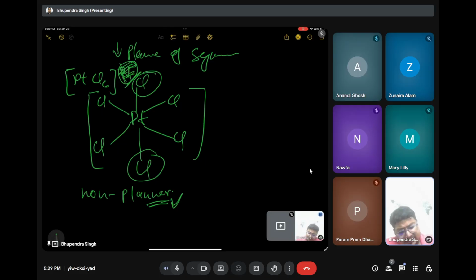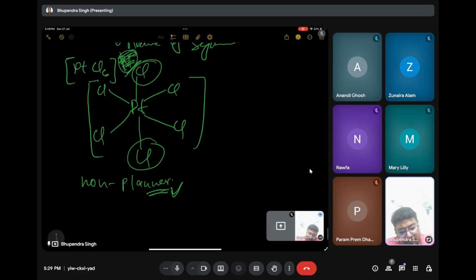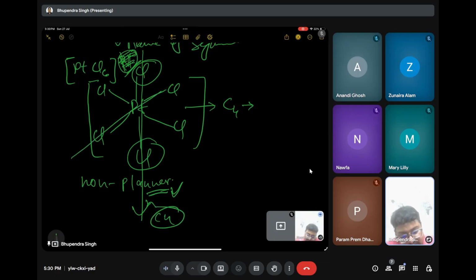Okay, let's discuss this molecule also. What do you think? This is the planar molecule. Here again, this is the principal axis, containing the Cl, Pt and Cl. If you rotate it like that, you get the C4 axis. Again, this is C2,